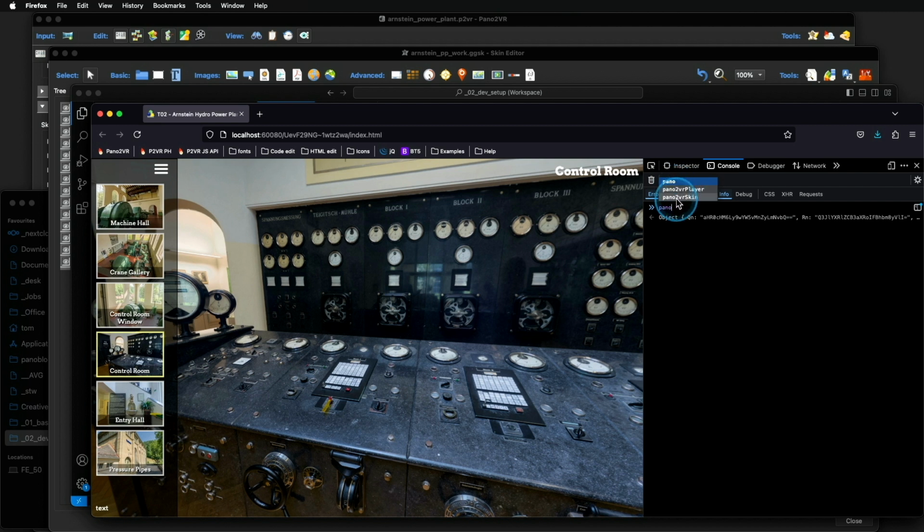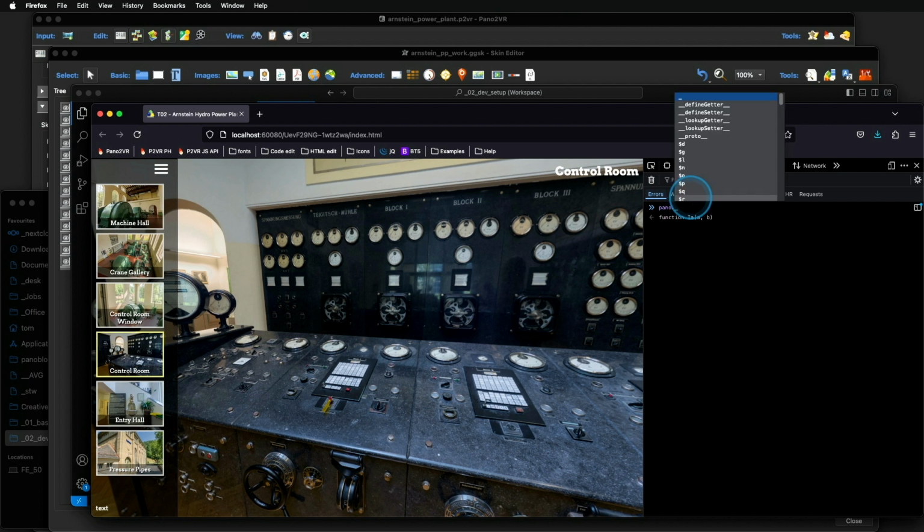There are 3 objects in our page which have the Pano2VR player as an object and VR skin. Pano is the same as Pano2VR player and skin is the same as Pano2VR skin, just different names for the same object. And if I enter a dot, you see the methods and properties and some other stuff which is attached